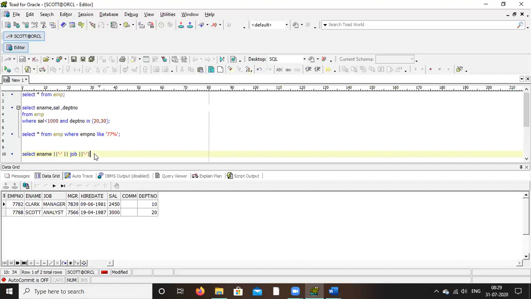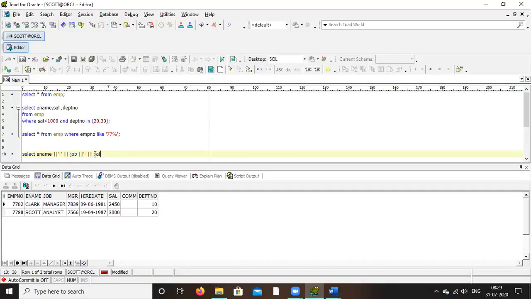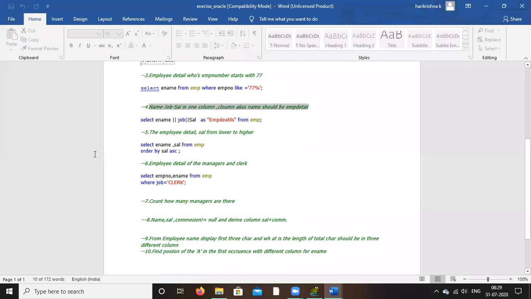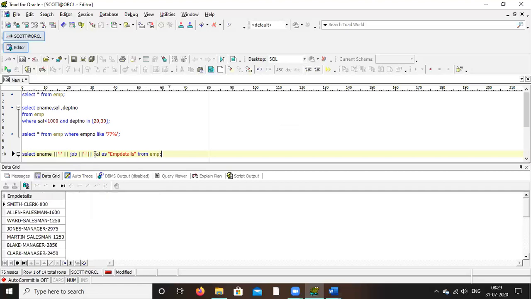Then salary, as employee detail. Employee details you end it, from EMP. From EMP you put it in the next line. Okay. Yeah. So that is now correct.